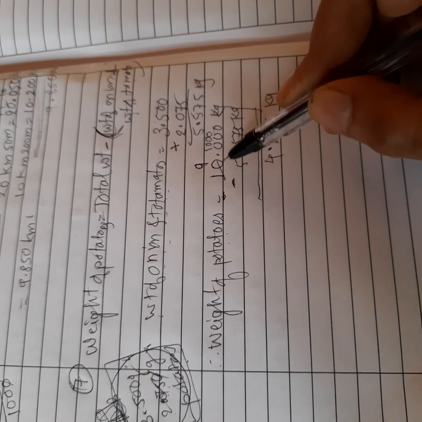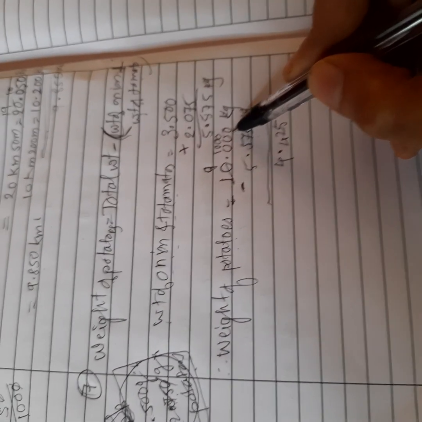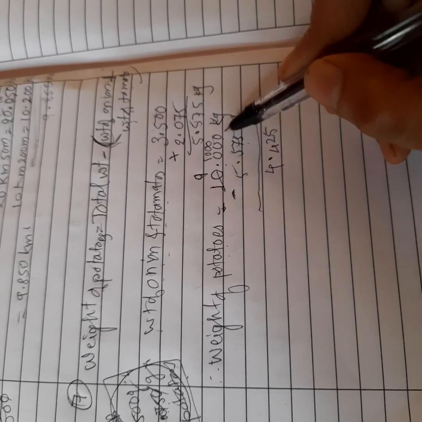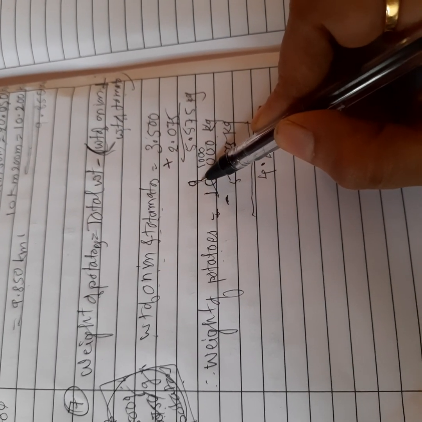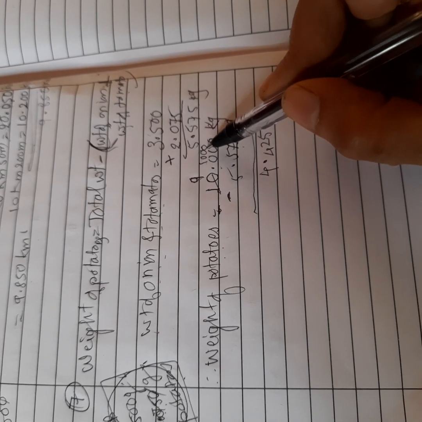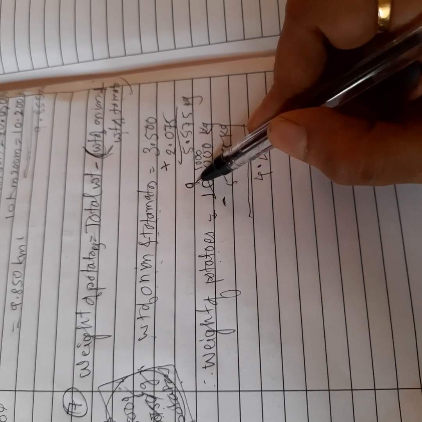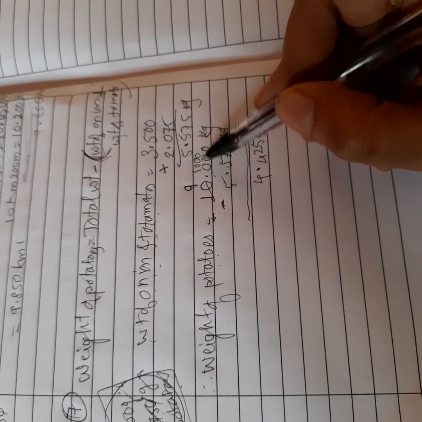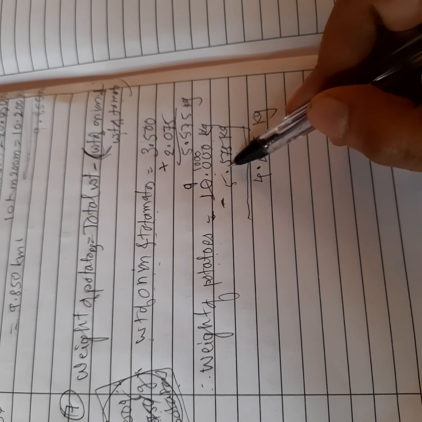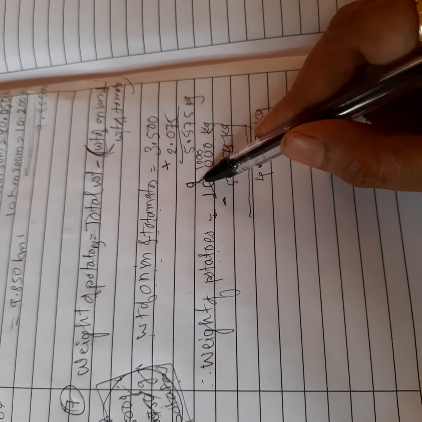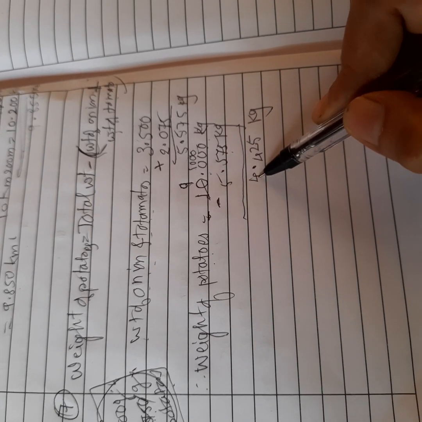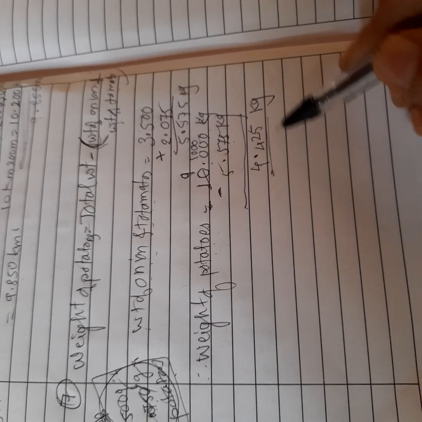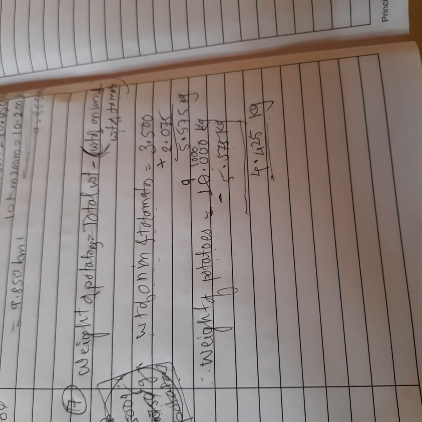So we are going to subtract this sum from the weight of the bag. The total weight is given as 10 kg. So 10 kg means what? 9 kg plus 1000 grams. That 1 kg we have converted into 1000 grams. So from this 1000 we can subtract these grams, and from this 9 kg we can subtract 5 kg. So we will get the required answer. This is nothing but the weight of the potatoes.